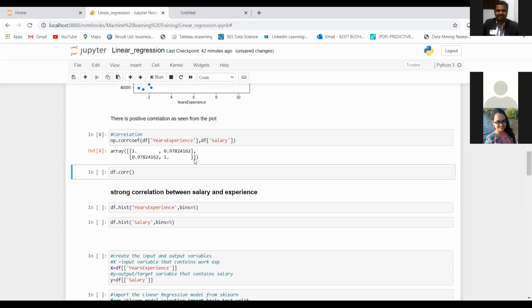This is actually an array that we get as the output. Here you can see it is years of experience, salary, and years of experience, salary, like a matrix.